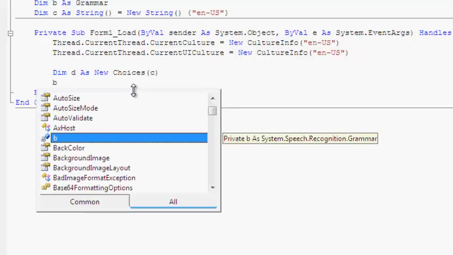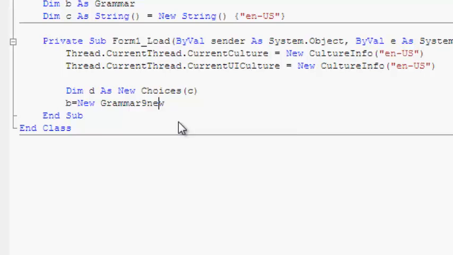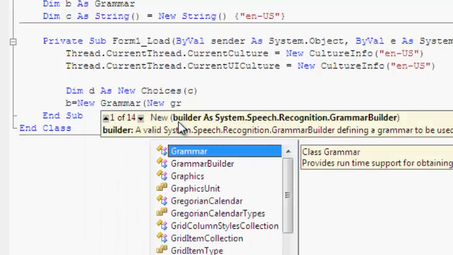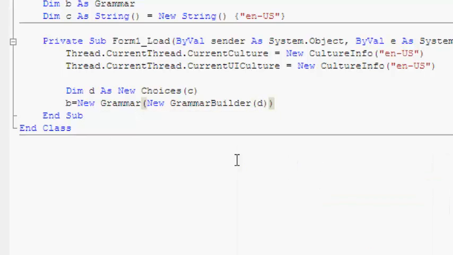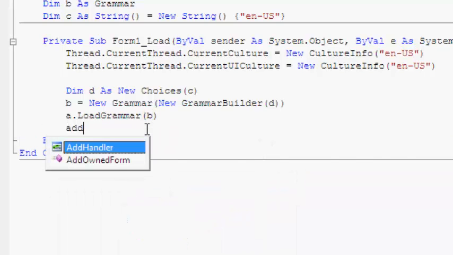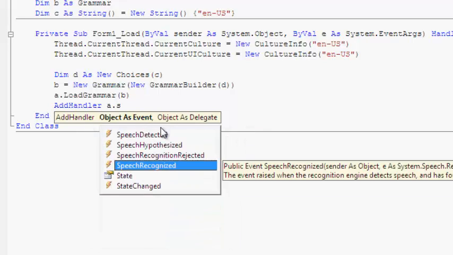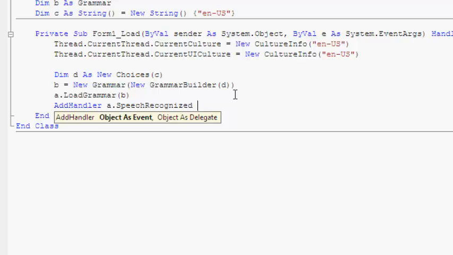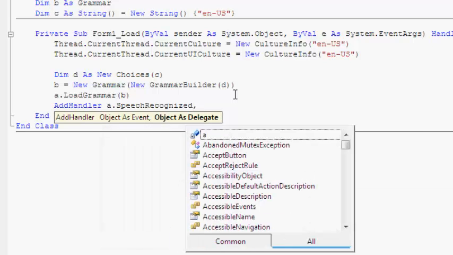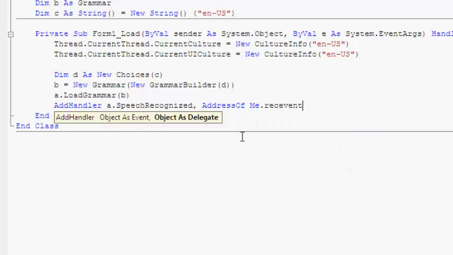Then let's go to B, which must be equal to the new Grammar. Okay, close the parenthesis, new GrammarBuilder for D. Then there's A.LoadGrammar for B. Okay, downline AddHandler A.SpeechRecognized, comma, AddressOf Me.Receive event.